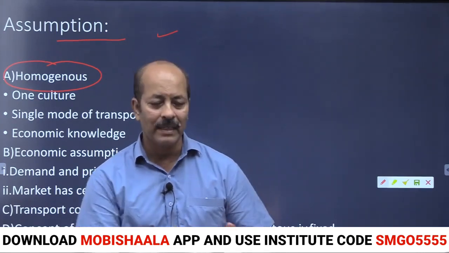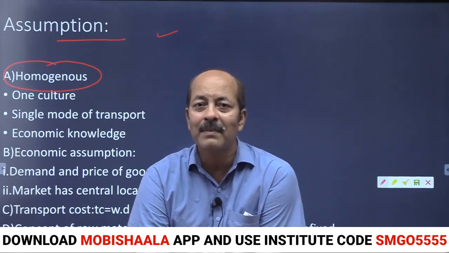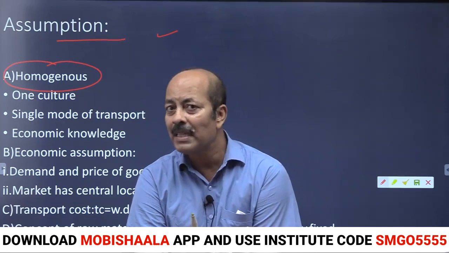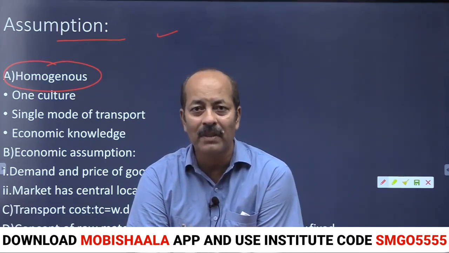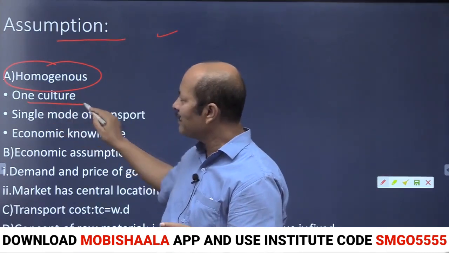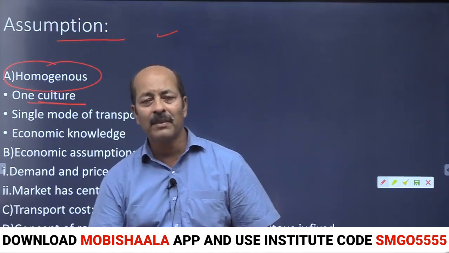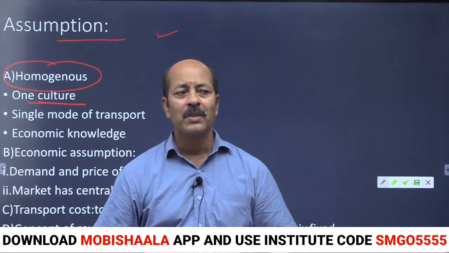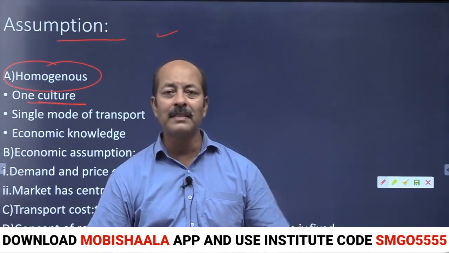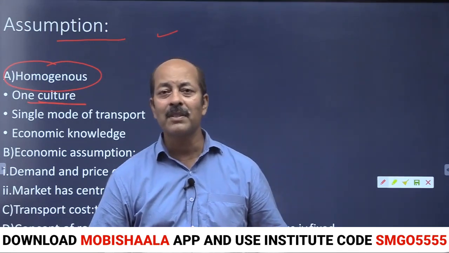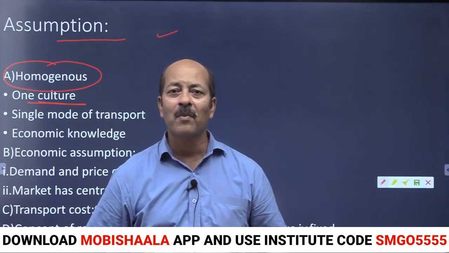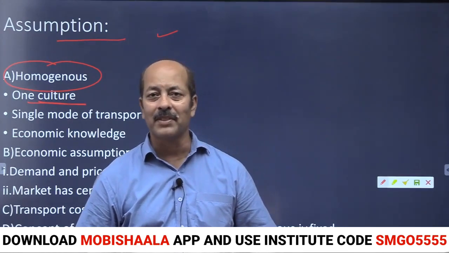Again I am emphasizing that the area will have homogeneous character, one type of character. It means one type of climate or one type of topography. The second thing, homogeneity of culture. Suppose there are different communities; if one type of community is living, the area will have one type of culture, and the same will be the consumption of goods also. So the second thing you write, Weber emphasized one type of culture, or the homogeneity of culture.